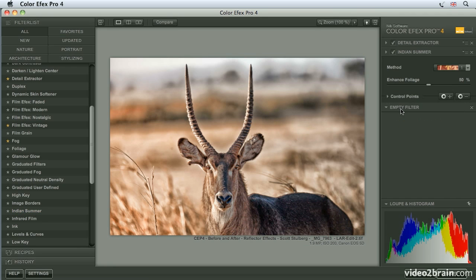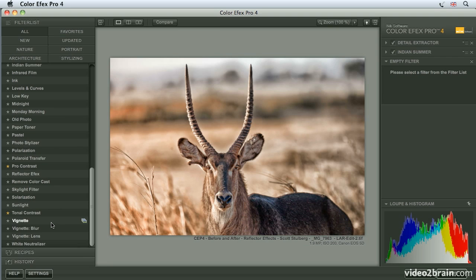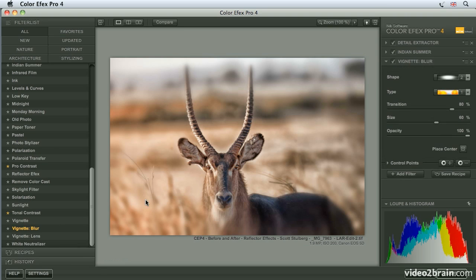Let's continue though, and let's add in another filter at this particular juncture. So let's go down and pop in here a vignette blur. Now this gives it a sort of a loved up feel, which perhaps is a bit inappropriate for this particular animal. So let's first of all recenter that vignette on the nose of the animal there, and then let's increase